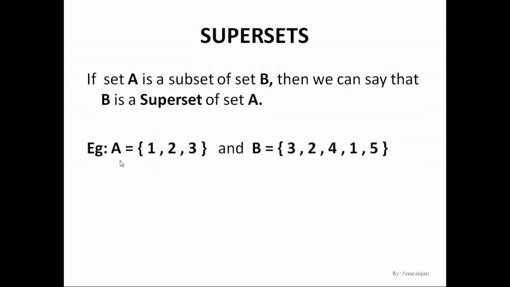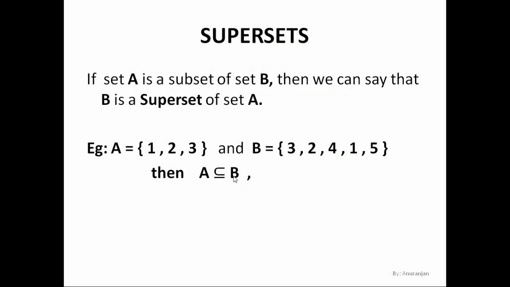Now it is very simple. Let's take an example. So here A is equal to {1, 2, 3} and B has the elements 3, 2, 4, 1 and 5. Now in order to make it more simple for you to understand, I've been taking the same examples, or you can say same elements all throughout. So here we can say set A is a subset of set B, isn't it? Because all the elements of set A are present in set B: 1, 2 and 3, right? So then A is a subset of B, we can say.